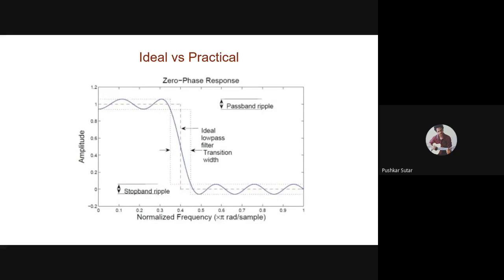The first change that I observed is that it doesn't fall directly. There is a gradual transition. There is a transition width. This is a technical term I'm using here. There is a transition width. The roll off is not fast. Fast roll off means a small transition width. These are technical terms I want you to remember for later. So okay, the roll off is not fast, the transition is not fast, it takes a little time for the transition to happen.